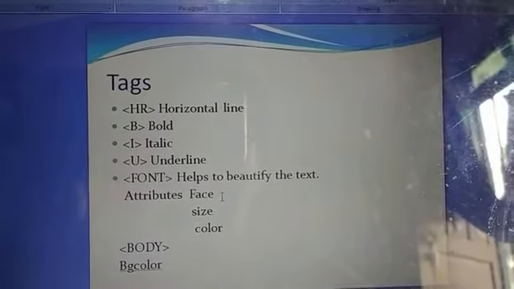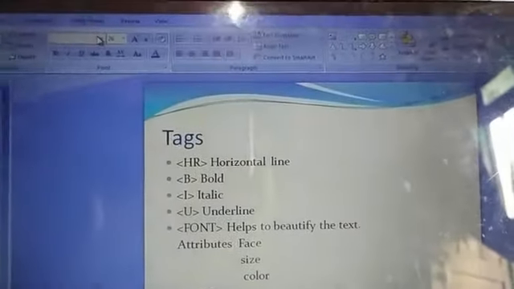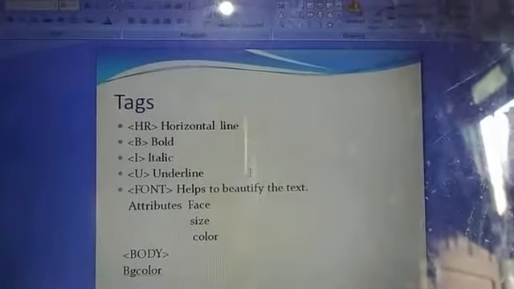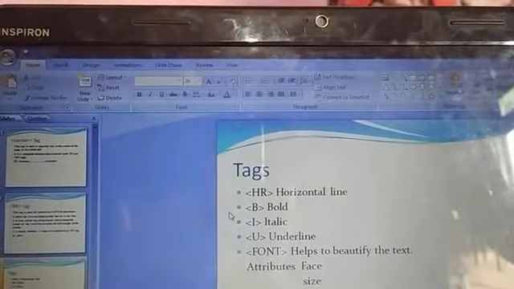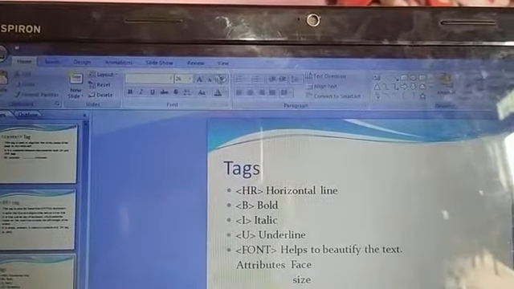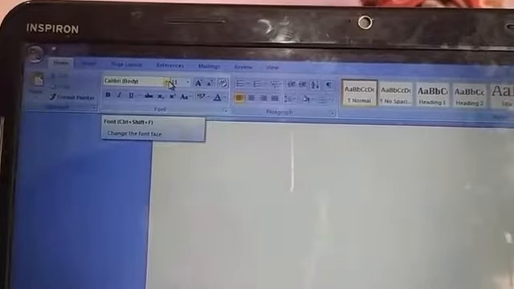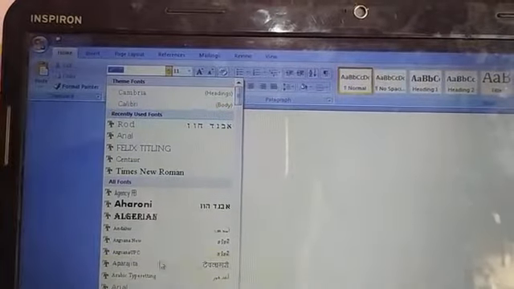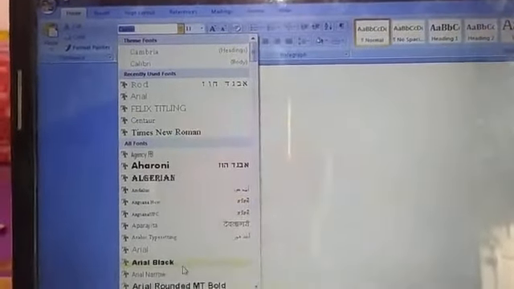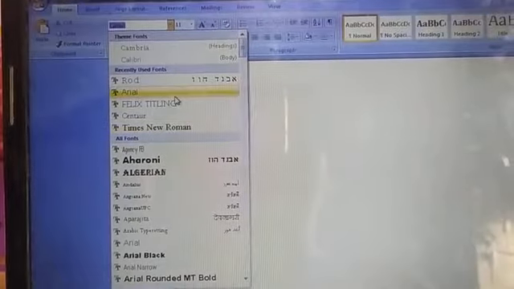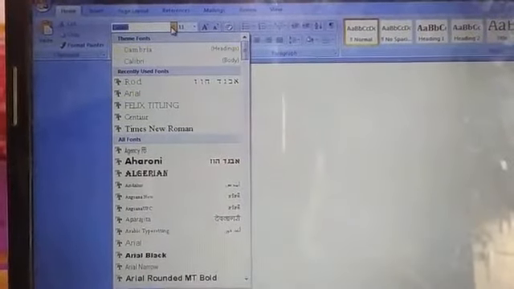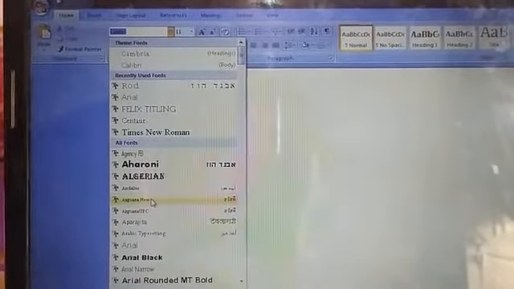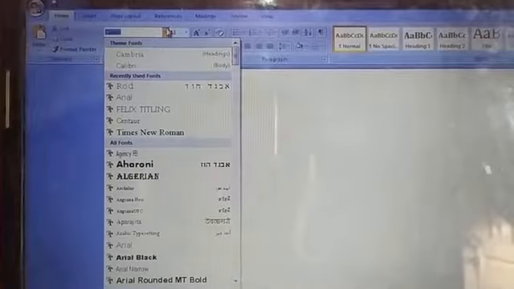Its attributes are like face. For face you can give the value, like in your MS Word you can give it, or in a PowerPoint presentation you can select different kinds of format. Like here in MS Word, these are the options of the face. You can choose any one of these options to display the text in a face. I will show you the example also, how to write it. So out of these options you can choose any option in the face attribute.